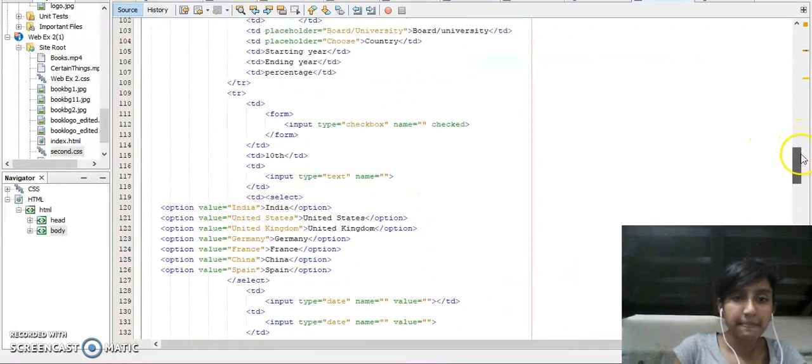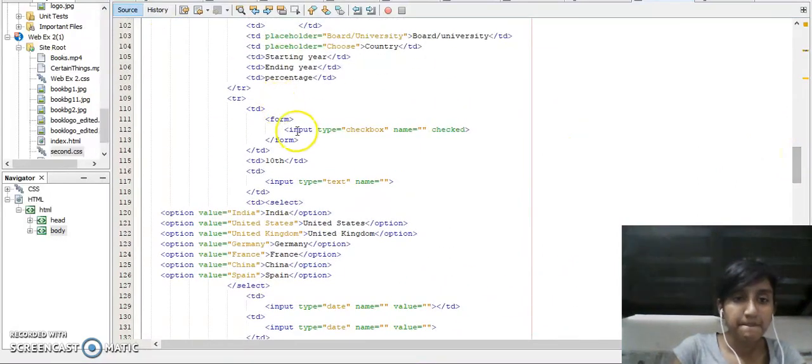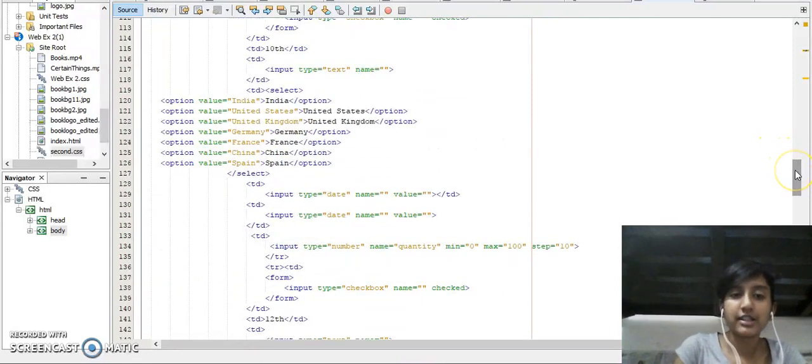Then I've created a checkbox for all these attributes that I've given earlier, and it can either be checked or unchecked, and in this case I've given it as checked. It's of your choice. Next comes the first row, that is the 10th, then we have the 12th, and then you have the college. So we have 3 different rows, and here in the first row is the 10th,